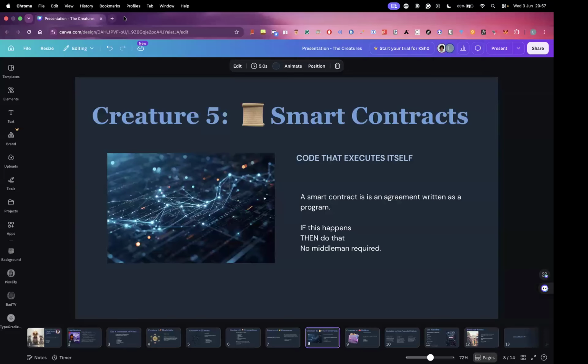If they are met, then a particular action or event takes place. A smart contract can have multiple different conditions, not just a single one. Depending on what you want to achieve with your smart contract, just think of it as code, you can have multiple conditions, and one application can have multiple smart contracts that support different processes in your application. So yeah, that's pretty much it.